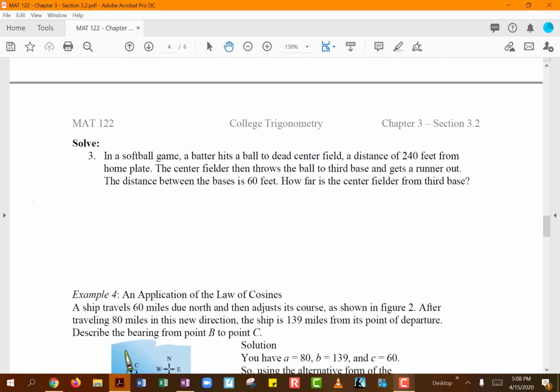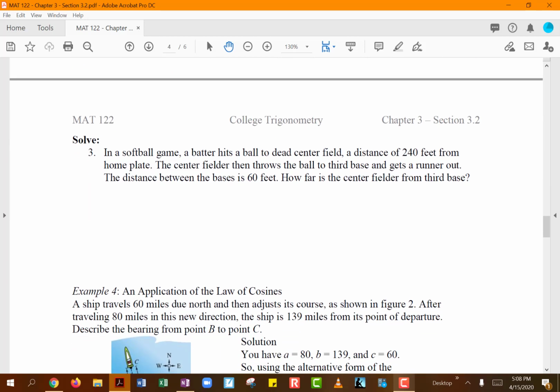Okay, all right guys, let's take a look at our example over here. So they're saying in a softball game, a batter hits a ball to dead center field at a distance of 240 feet from the home plate. The center fielder then throws the ball to third base and gets a runner out. The distance between the bases is 60 feet. They want to know how far is the center fielder from third base. So I have actually created a little